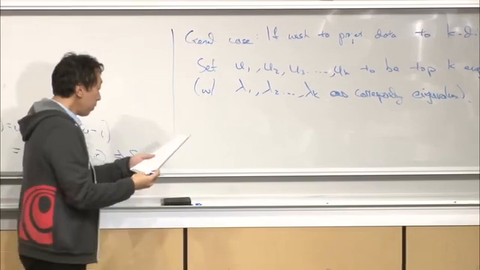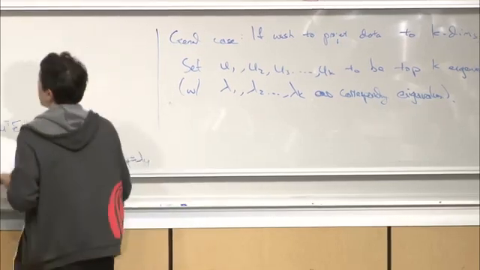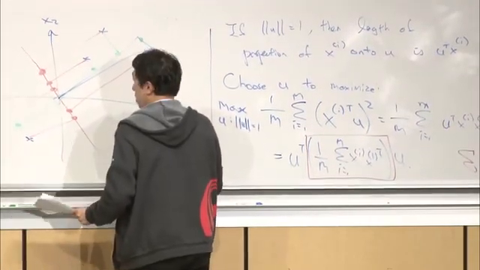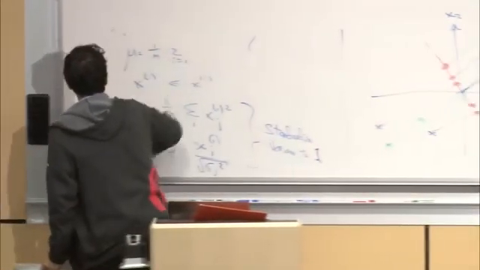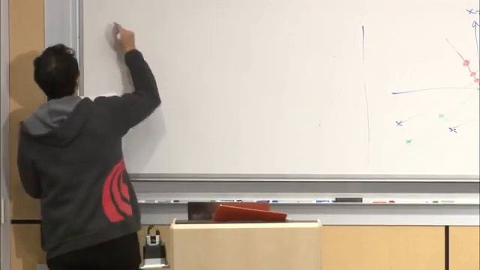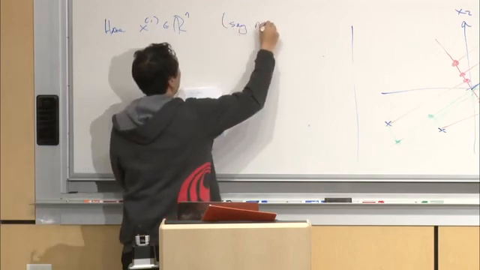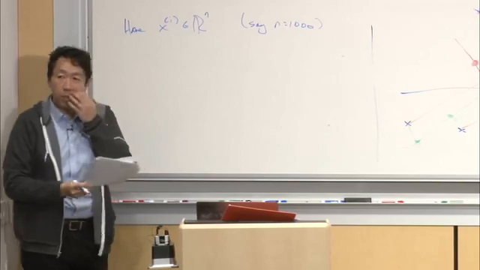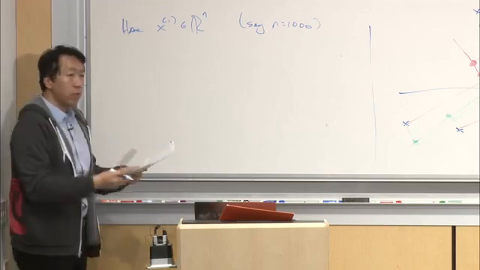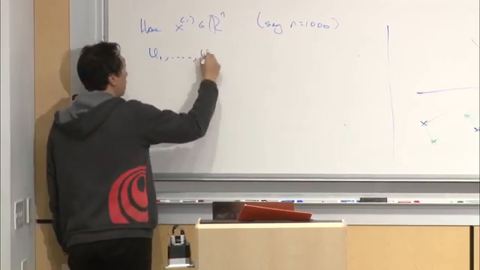So in other words, let's use the new board. Let's say you have very high dimensional data. Say 1,000, well, 1,000 is not that high these days, but let's say you have 1,000 dimensional data, and you want to reduce the dimension from 1,000 to 10. Then you would compute U1 up to Uk,